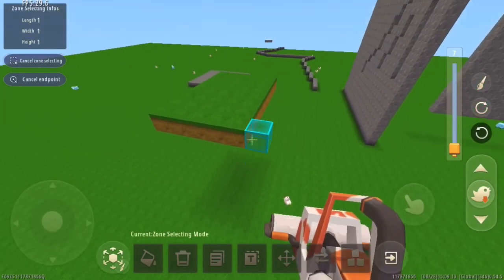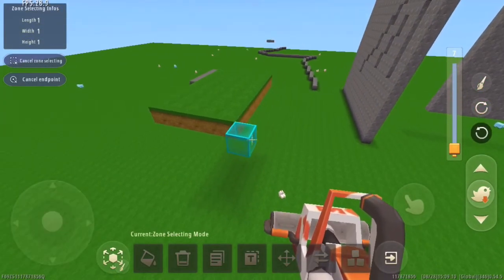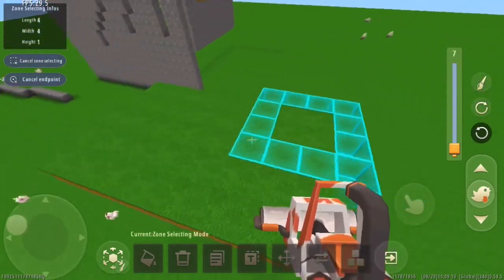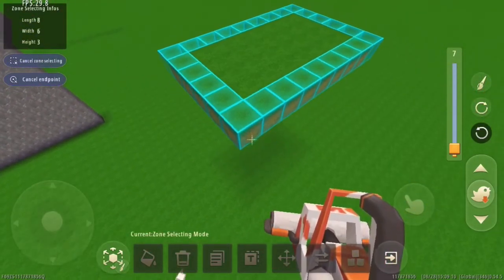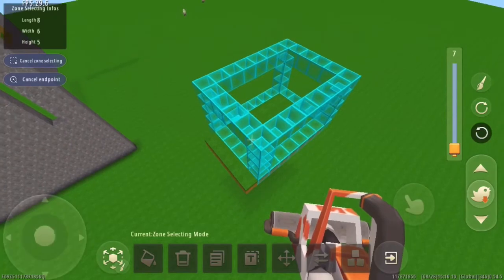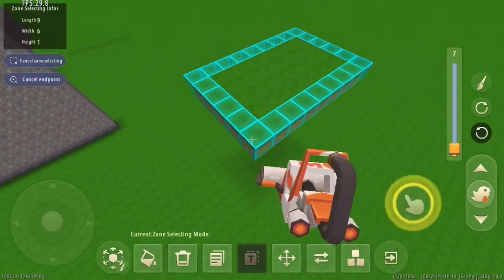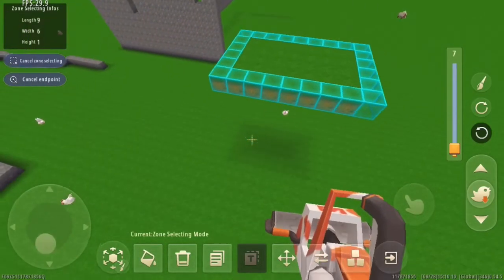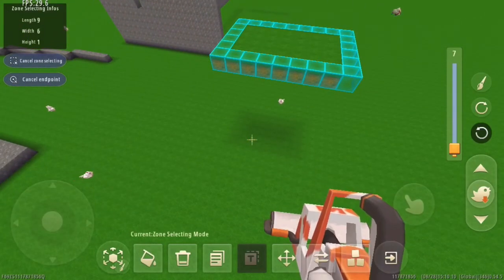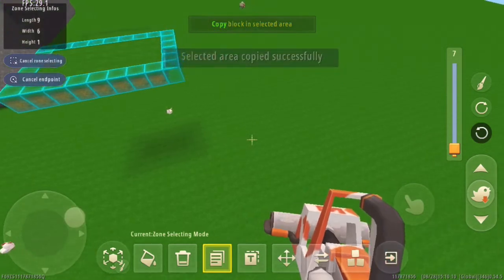I'm going to go to the other menu and set my starting point right at this corner. Then I bring it all the way around, just like that. And you can have bigger or smaller or higher or lower than this. It does not have to be just one layer. And then all you gotta do is click again and that sets it right there.